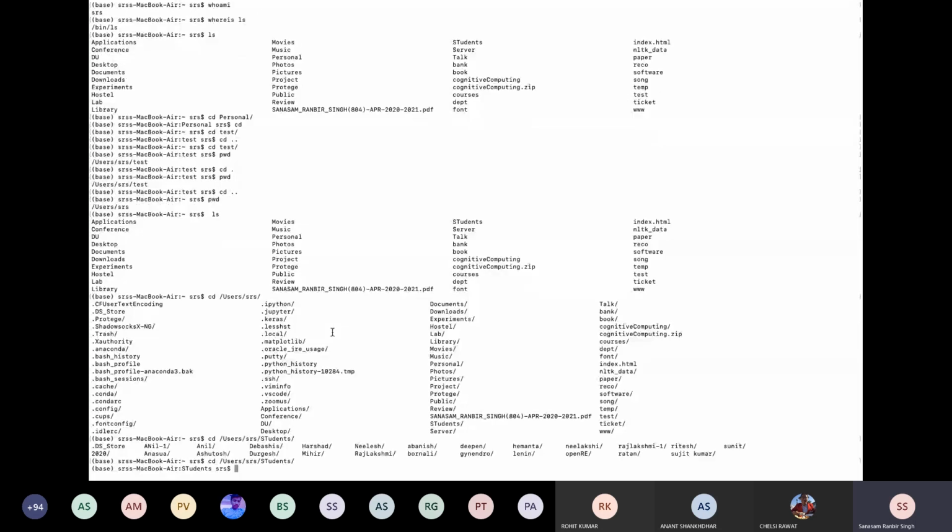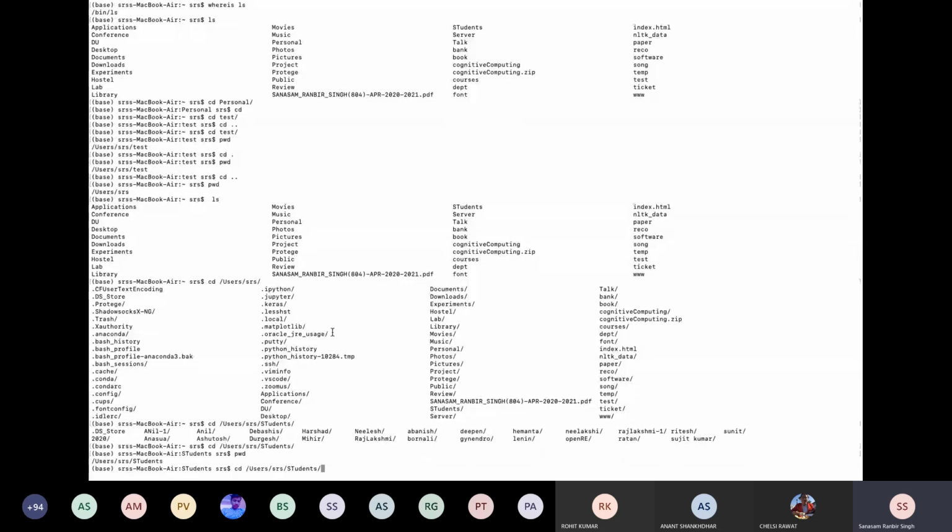Okay, so what I just did is I have given the entire path starting from the root directory, from root directory to the users, say users and then student and so on. So if I know the root directory, the entire path of the particular directory where I want to change, then I can specify the complete path. But again, your complete path might be very long, and the one where you want to go is very close by your place. Then instead of typing the complete directory,